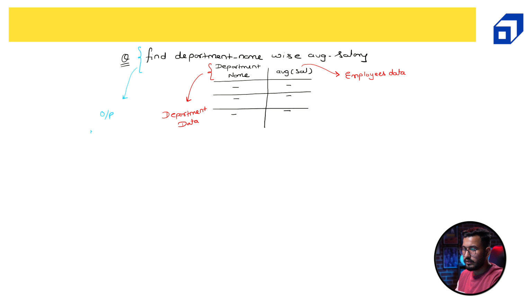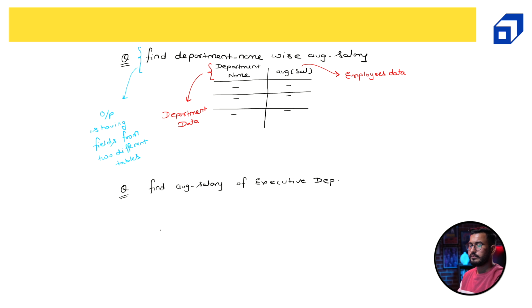So the output is having fields from two different tables, right? Now let's take another example. Find average salary of executive department. Now here, if I ask you how the output would look like, it will be a single value,